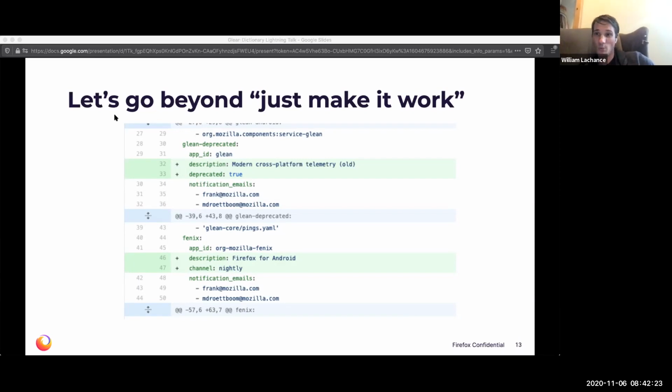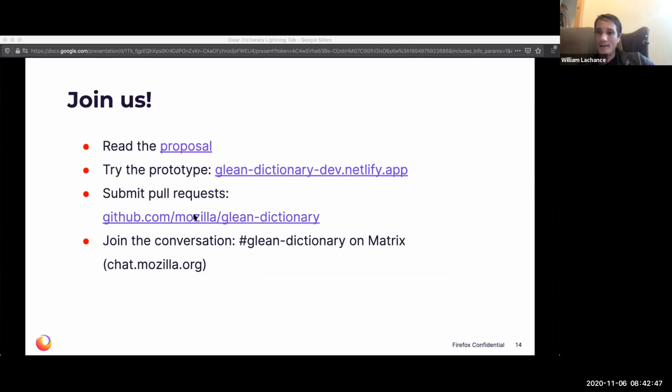And I think there's so much more that we could do on this level, not only for making it useful inside the Glean Dictionary, but maybe inside other tools as well. So let's do more of this. If you have ideas on something that's confusing, even if you don't have it fully formed, like how to change it, let me know. Let's talk about how we can make this system work better for everyone. So yeah, join us.